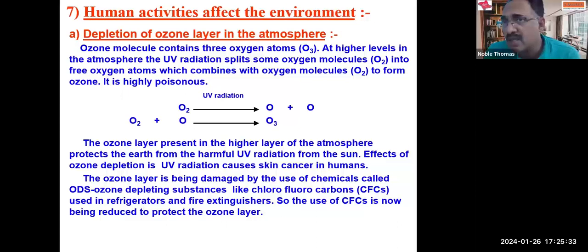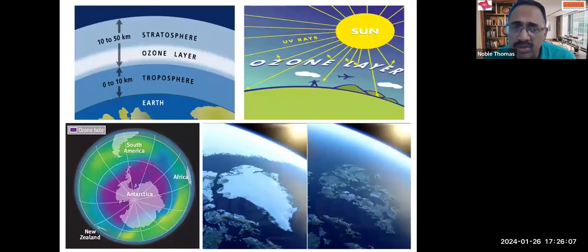And because of that, in the last few years, we are seeing that the ozone layer is again increasing in quantity, and it is spreading to such areas where the ozone layer was not actually present, especially over Antarctica. The ozone layer was completely thin and almost nil there. But now we can see that it is spreading towards that, and we say that the gaps which were developed in the ozone layer have been filled up, or almost filled up.